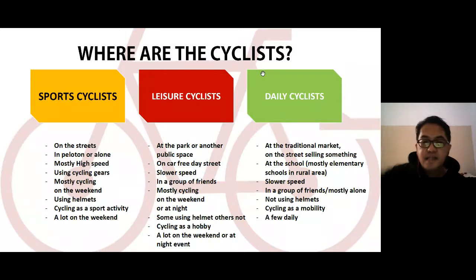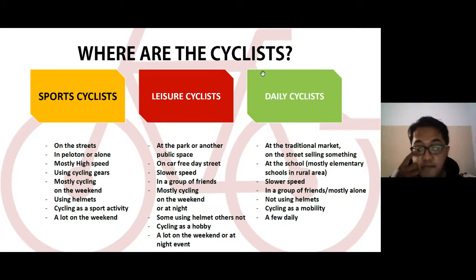Okay, so where are the cyclists actually? I will divide cyclists into three types: sports cyclists, leisure cyclists, and daily cyclists. You can separate them easily by their attributes, their gear, the way they cycle, the routes.